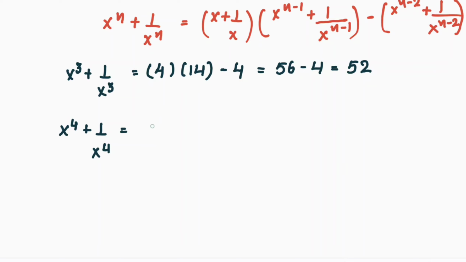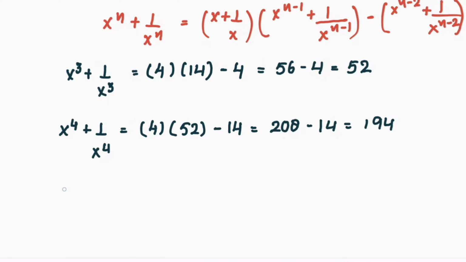x plus 1 by x, 4. x cube plus 1 by x cube, 52, minus x square plus 1 by x square, 14. 208 minus 14, 194. In the same way, we'll calculate for x raised to the power 5 plus 1 by